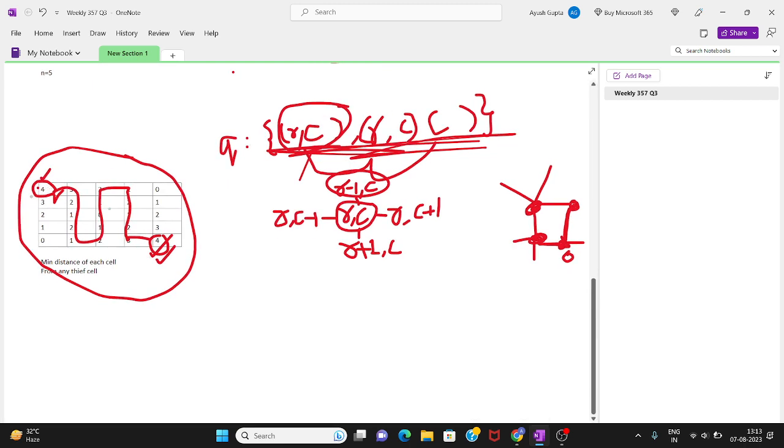So this cell has a minimum distance of 4 from any of the thief cells, and this cell also has a value 4 from any of these thief cells. So the minimum of these two is 4. So the minimum safeness factor we can have is 0, and the maximum safeness factor is 4.